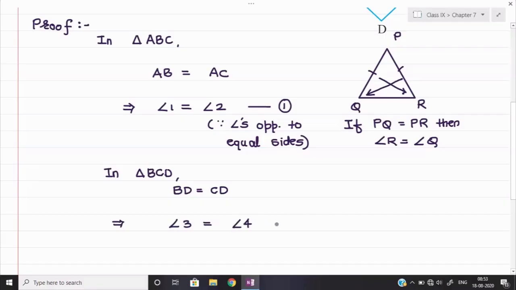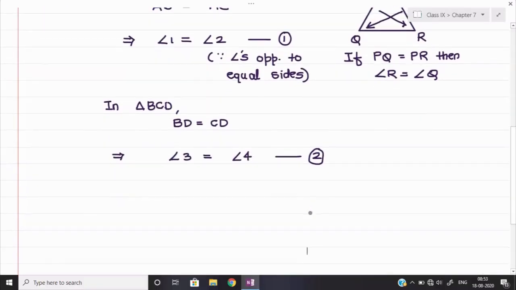Equation number 2. The reason, if you want to write down, you can write, although it is not required to write down the same reason again and again in the same question. Now we will do one thing. We shall add both the equations. So here we shall write down adding equation first and second.